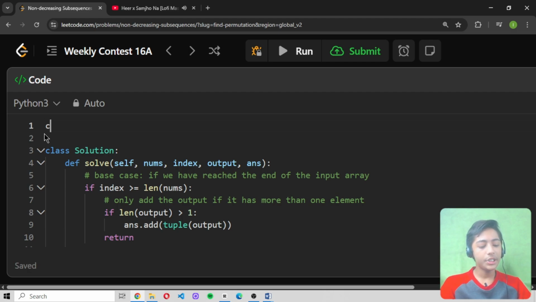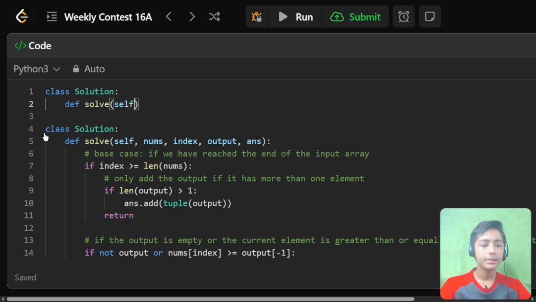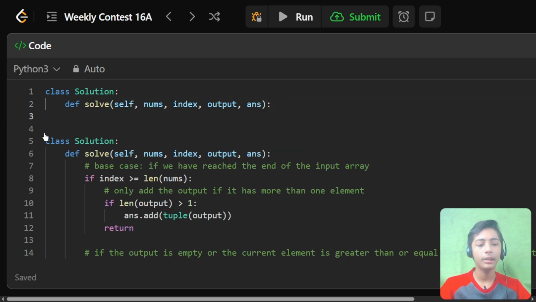Now first of all, I define a class Solution. This is a rule of LeetCode. Whenever you start solving any question on LeetCode, you define a class Solution. This is our rule. Now define a def keyword solve. You write here solve(self, nums, index, output, ans):